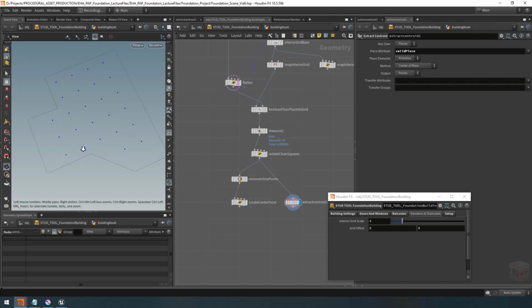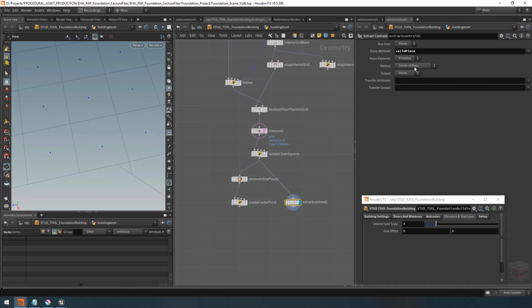And let's say we look at this point here again. Now you can see it's still offset. It's not quite in the center, just like the other ones. It's a bit hard to see, but let's say I grab this extract centroid node and I switch it over from center of mass to bounding box center. And now we see the difference, right? So the bounding box center simply creates a point at the center of the bounding box of this primitive, of this attribute group here. And center of mass does whatever the